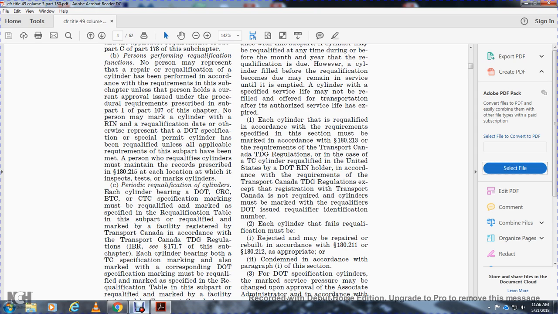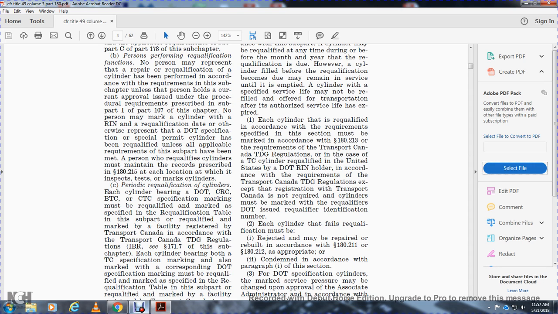Each cylinder requalified in accordance with the requirements specified in this section must be marked in accordance with 182.13 and the requirements of the Transport Canada Transport of Dangerous Goods. In the case of a TC cylinder, it is requalified in the United States by an RIN holder in accordance with the requirements of Transport Canada